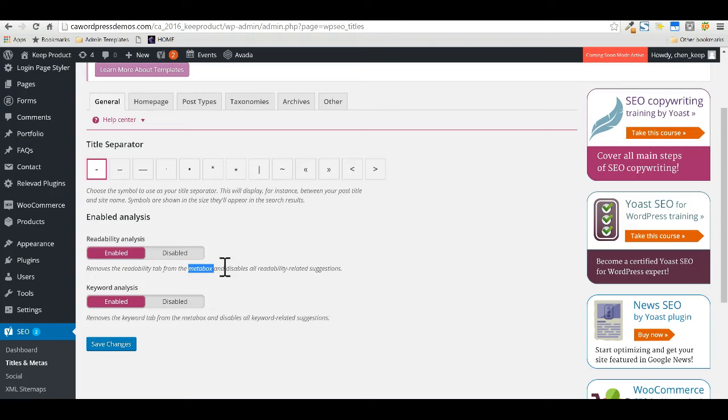So a reasonable level of readability is always required to ensure that your website is really ranking well on search engines. This is why Yoast has come up with something called readability analysis, and this option is very helpful for understanding whether your content is SEO friendly and really makes sense to the user and the search engines.